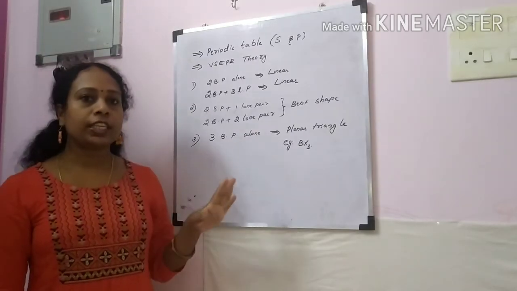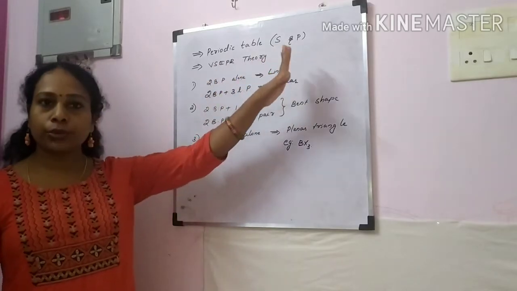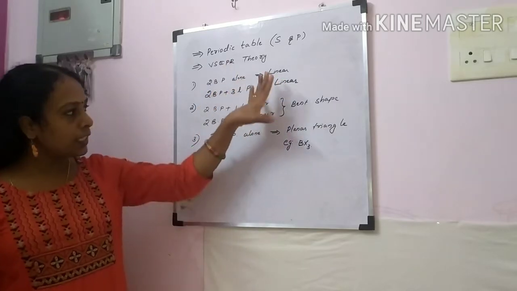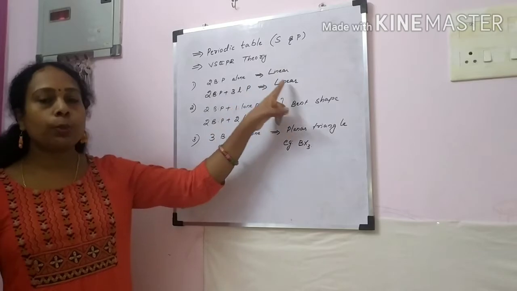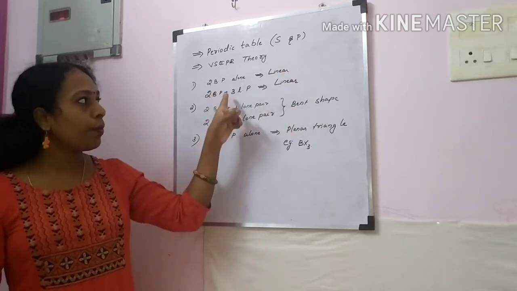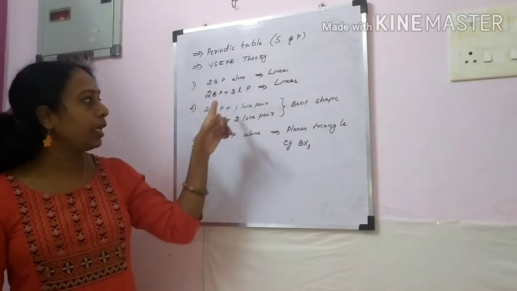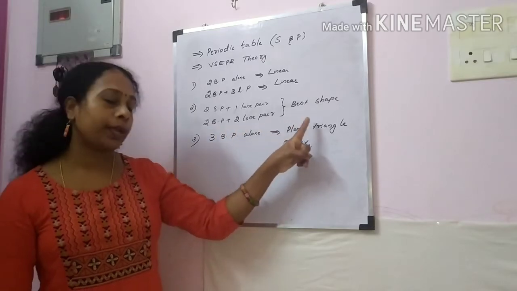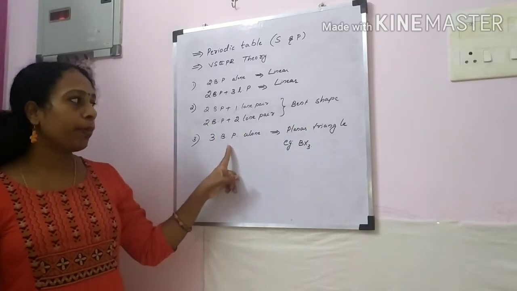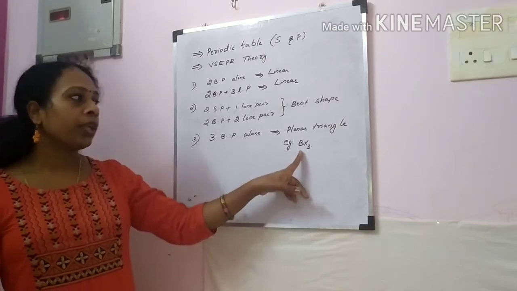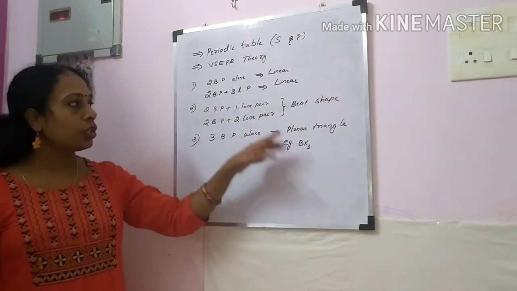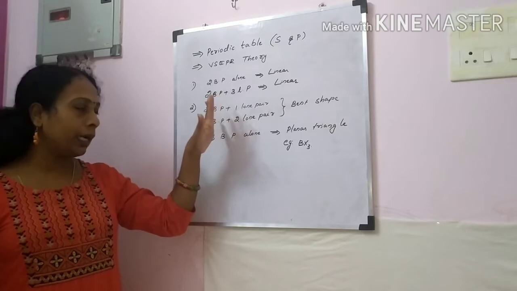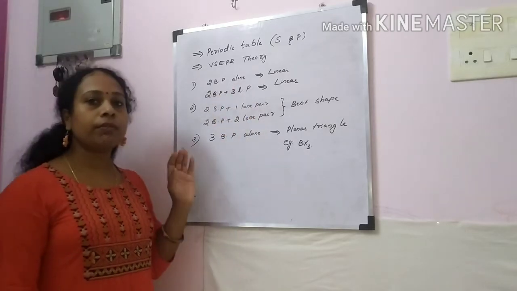As I said, to predict the shape and point group, you should first know the periodic table, S and P block elements and VSEPR theory. I will explain today about these 3 postulates. 2 bond pair alone present, it will be a linear molecule. 2 bond pair plus 3 lone pair, that will also be a linear molecule. 2 bond pair plus 1 lone pair, bend shape. 2 bond pair plus 2 lone pair, that also belongs to bend shape. 3 bond pair alone, it will be a planar triangular molecule. Example, boron trihalides I have written. So we will see all these 3 postulates first, and we will see which point group it will be belonging to. All these things with examples we will solve the questions.